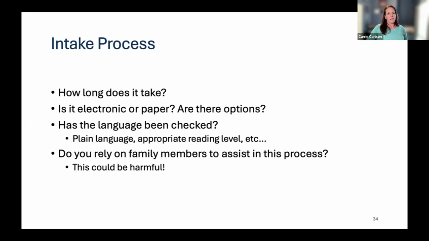And has the language been checked, right? Is it accessible? And do you rely on family members to assist with this process? I have there, this could be harmful. And I say that, I'm going to go through this quickly because